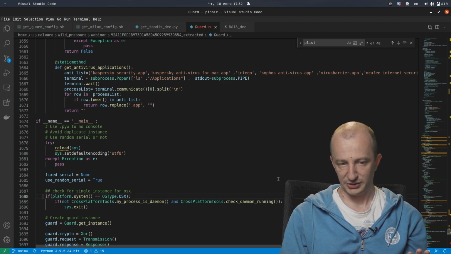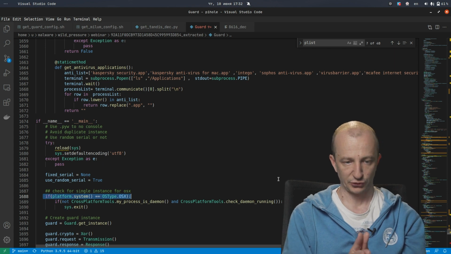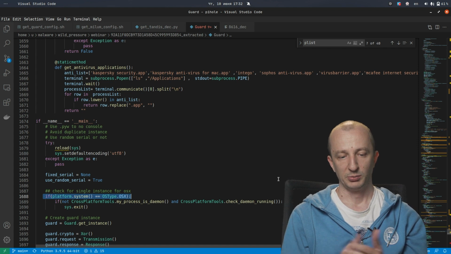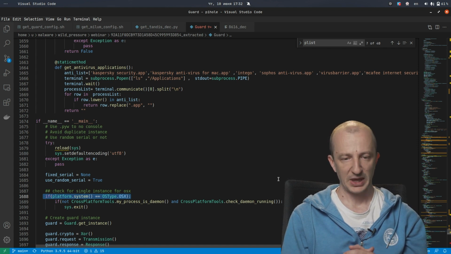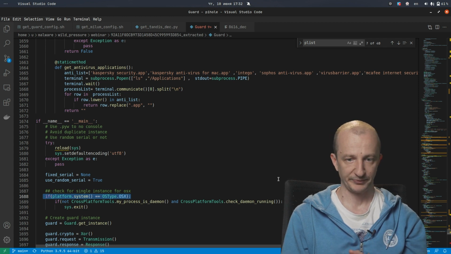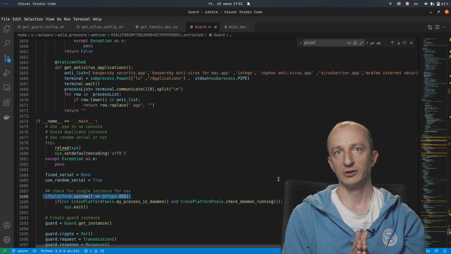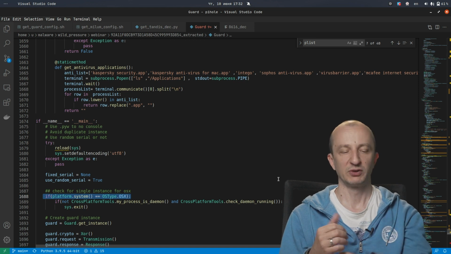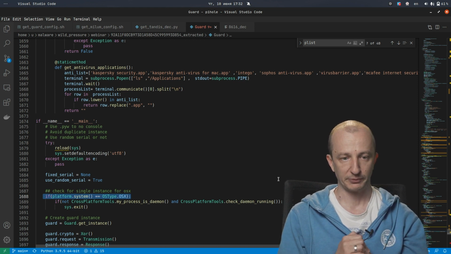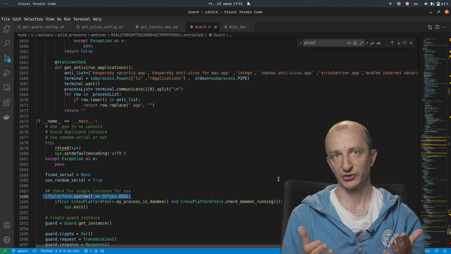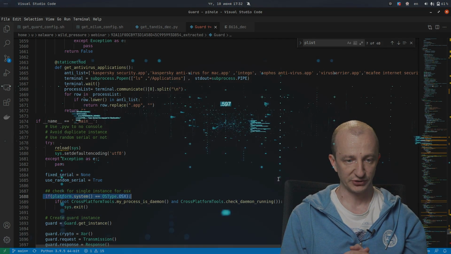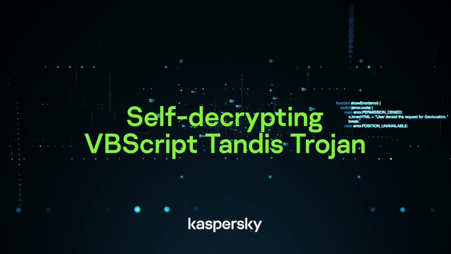I think you got the idea. We wouldn't spend much time here. The most interesting parts are checking for the operating system, implementing the corresponding persistence, and the corresponding way of checking for the security solution. So all we have to do is take this Guard file out of the PyInstaller, which we successfully did with a third-party script. Let us now go to the